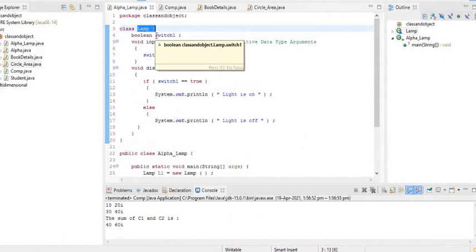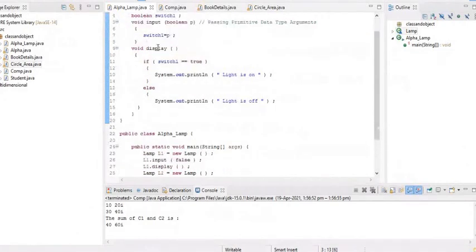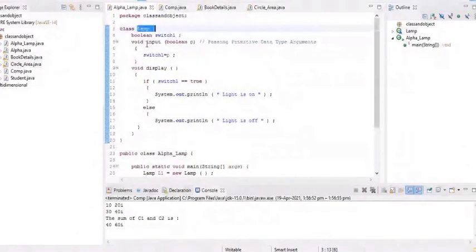This switch1 is called an instance variable. I have defined a member method input which takes a parameter p of primitive type, that is boolean type. The work of input is to initialize the data member switch1 to its parameter value, so switch1 is equal to p.